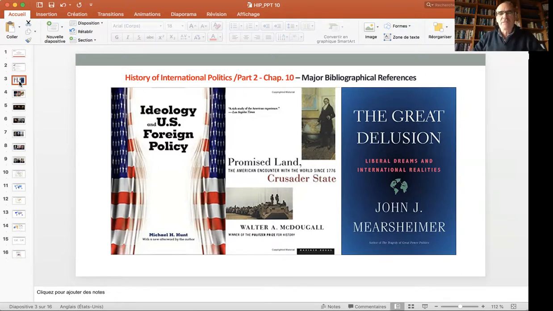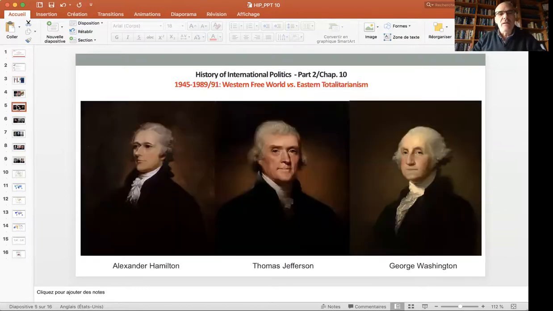The US wanted to be anything but a monarchy, since it got rid of the British colonial presence, and Great Britain was a monarchy. This consensus did not exist in the domain of foreign policy. How should America behave on the international scene? And the founding fathers actually were divided. They were torn between two diverging visions and therefore diplomatic guidelines proposed on the one hand by Alexander Hamilton and on the other hand by Thomas Jefferson.